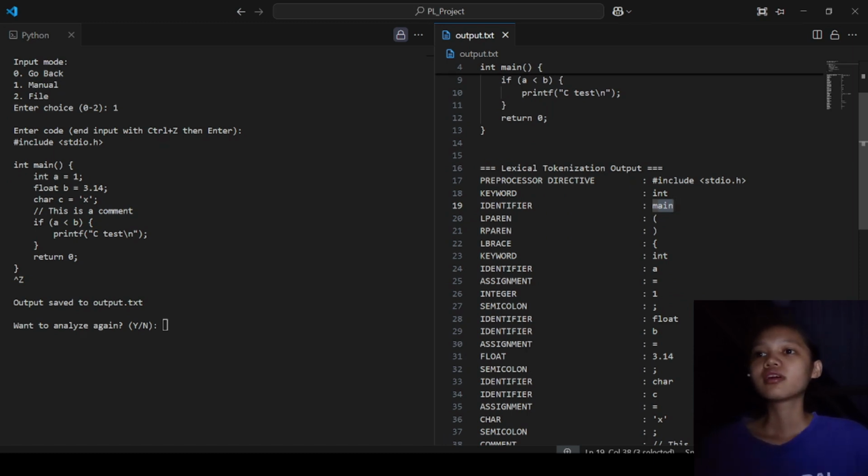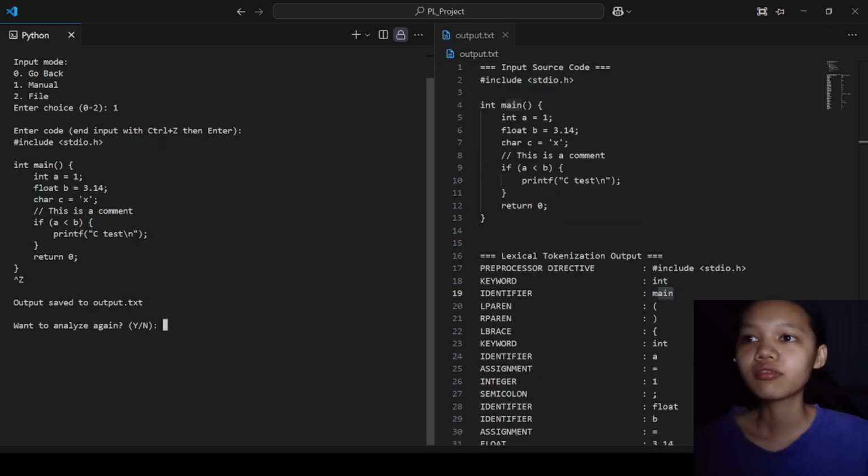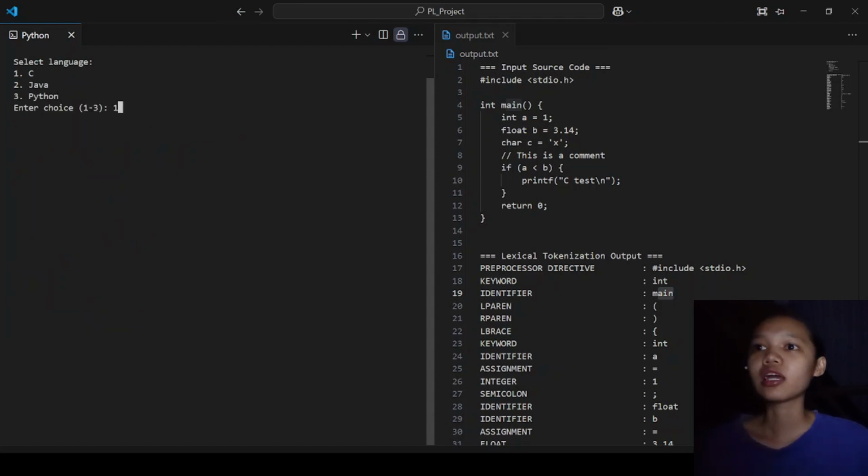Next, we can choose another language, for file input this time. We also have the option to analyze another program again, so the users do not have to execute the program again.